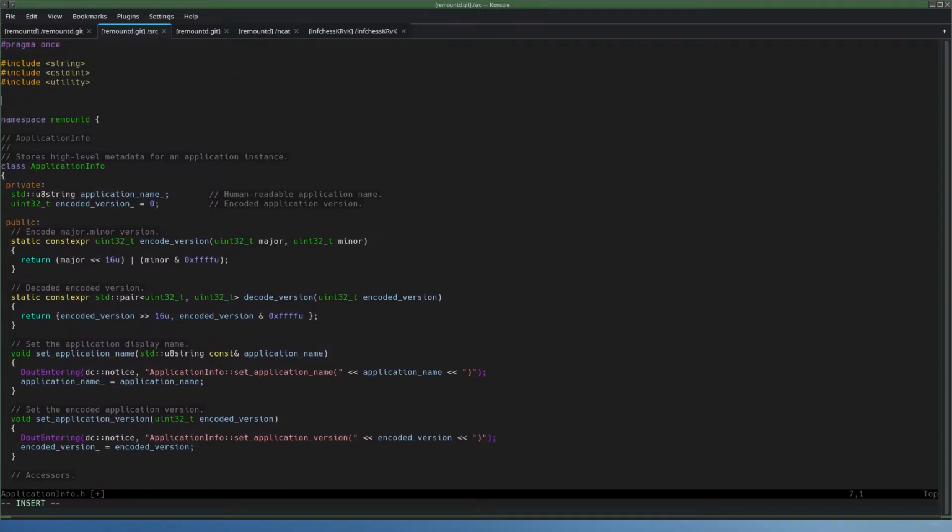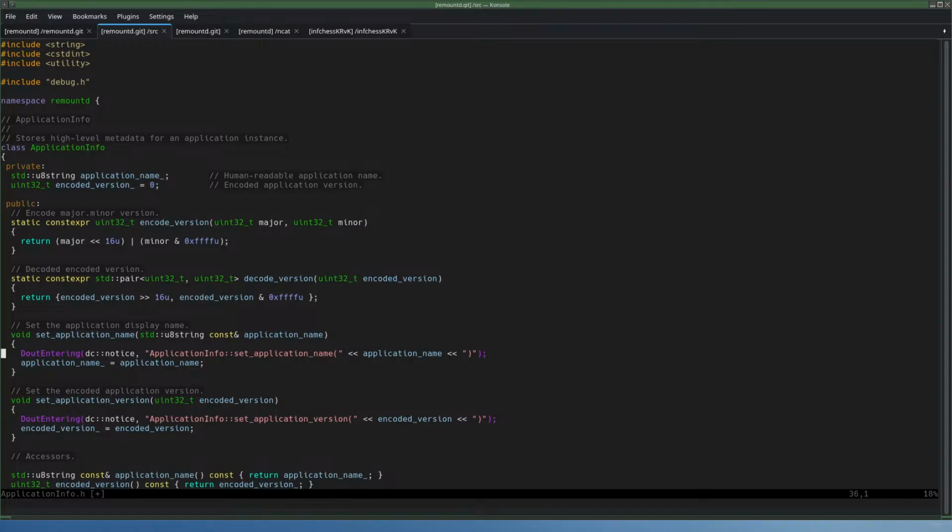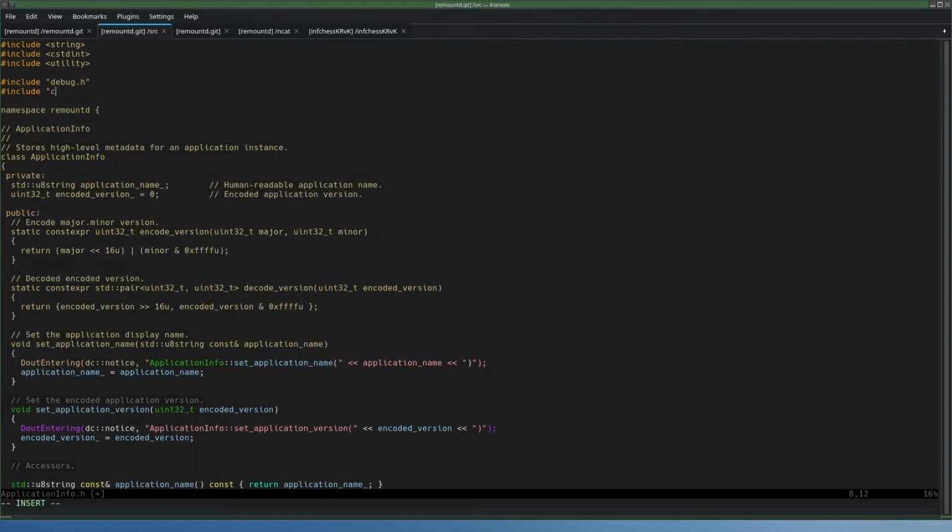So we need debug. Oops, yeah, include debug.h. Also need the ostream operators for this one. I think just the ones in cwds should work. Include cwds debug stream operators.